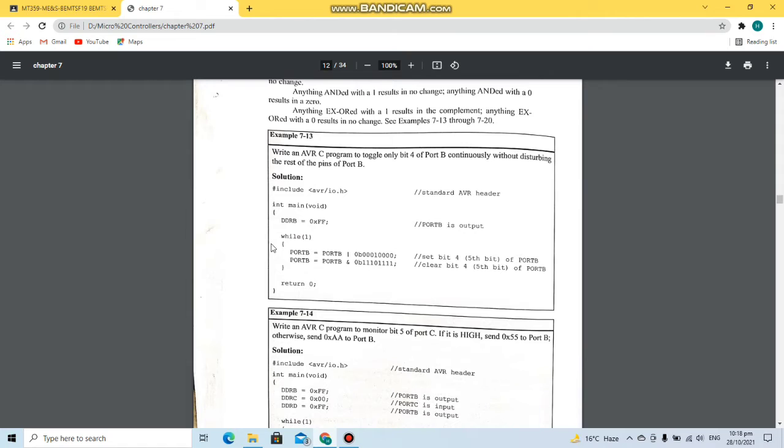Now in example 13 we are writing a C program to toggle only one bit of port B continuously without disturbing the rest of the pins of port B. So we are basically toggling only one pin. We have to continuously change one bit of port B, and we do not need to change any other pins of port B. So first of all we are setting port B as output direction, and then